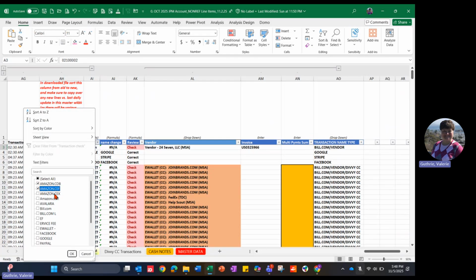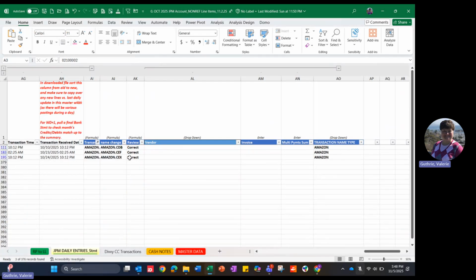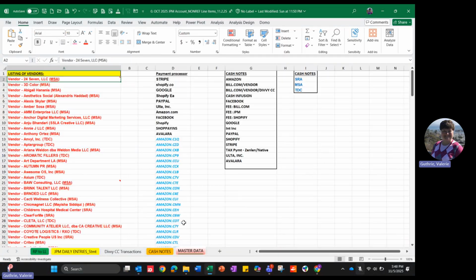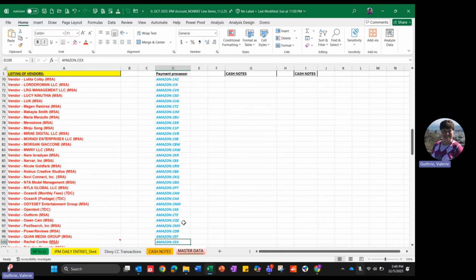Any of these three Amazon ones originally came through as needing to be checked, but all I did was copy that code. So CD8, CEF, and CEX were one of the ones that I did here in October. Might be running out of battery here soon because I wasn't paying attention. Okay,